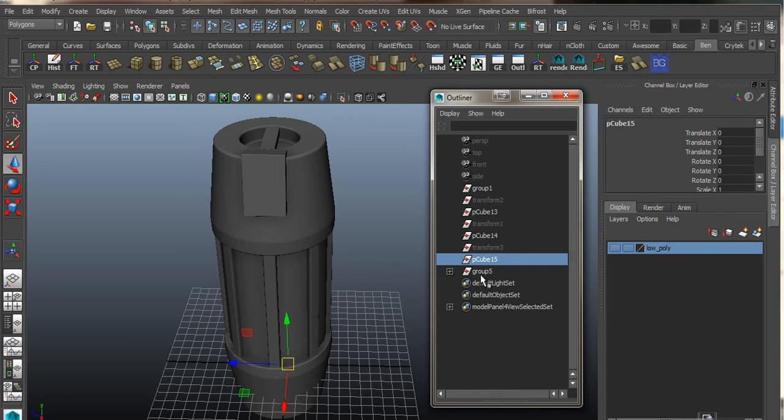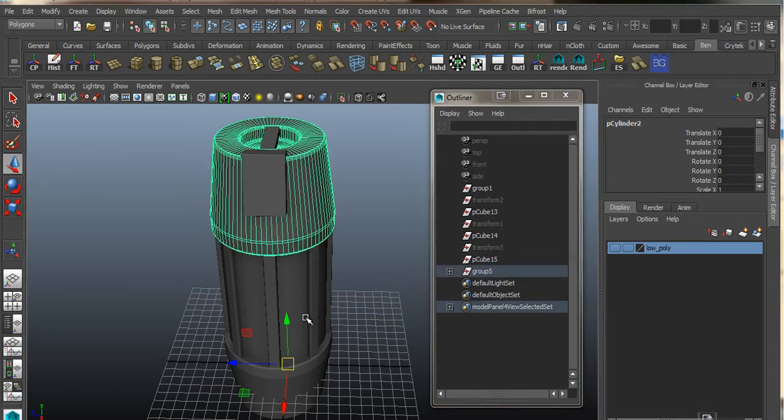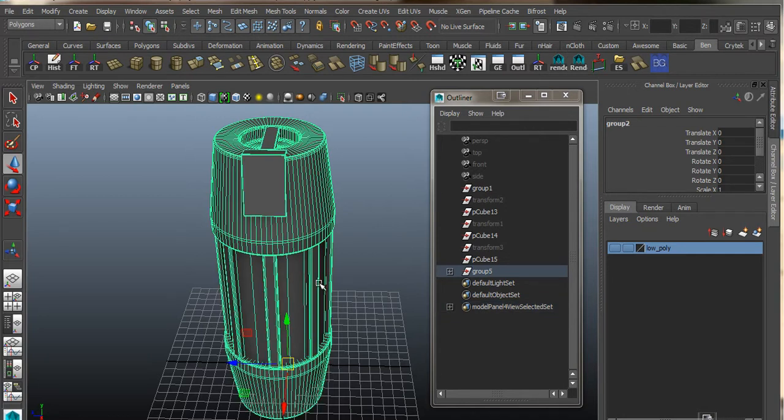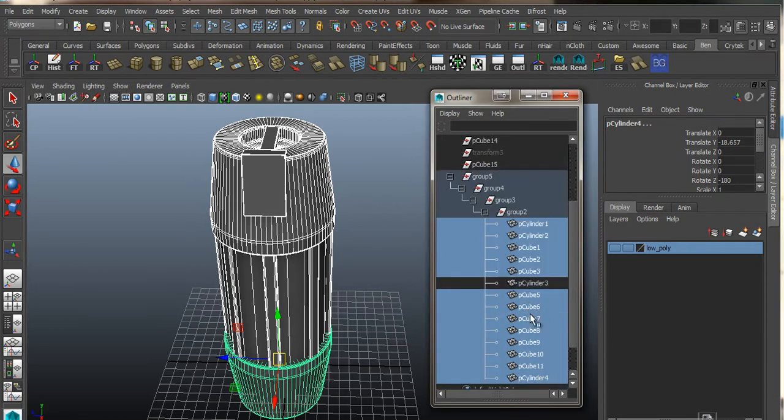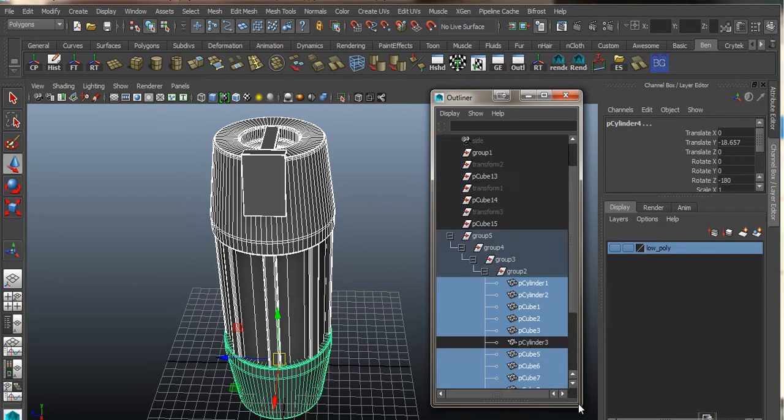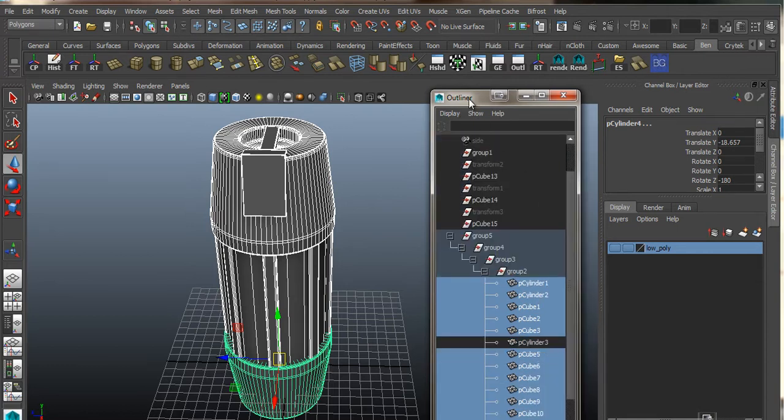Quite a lot of the time as well, to try and group an object to move it as a whole or to resize it, instead of hitting the up arrow on the keyboard, people will just keep hitting Control G, and you'll end up with this, which is groups within groups within groups within groups, and it can get really messy. So we need to sort all of this out, and we actually need to name it as